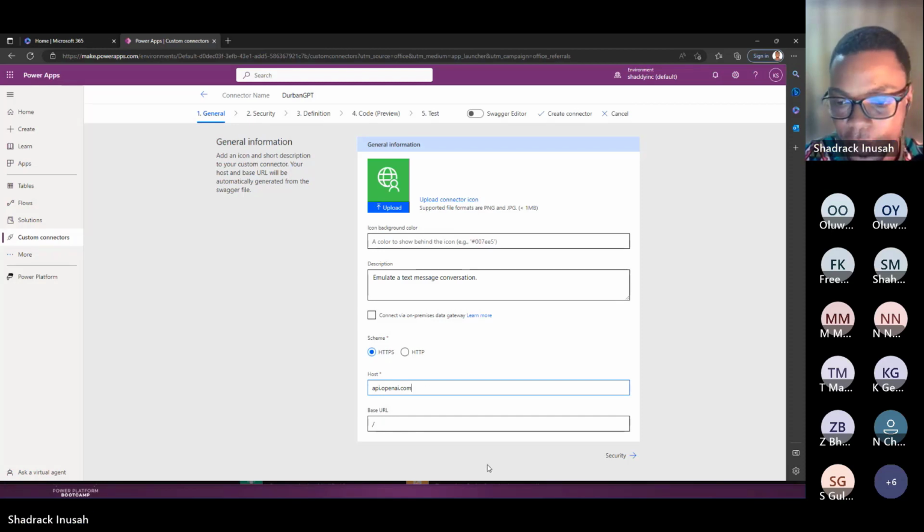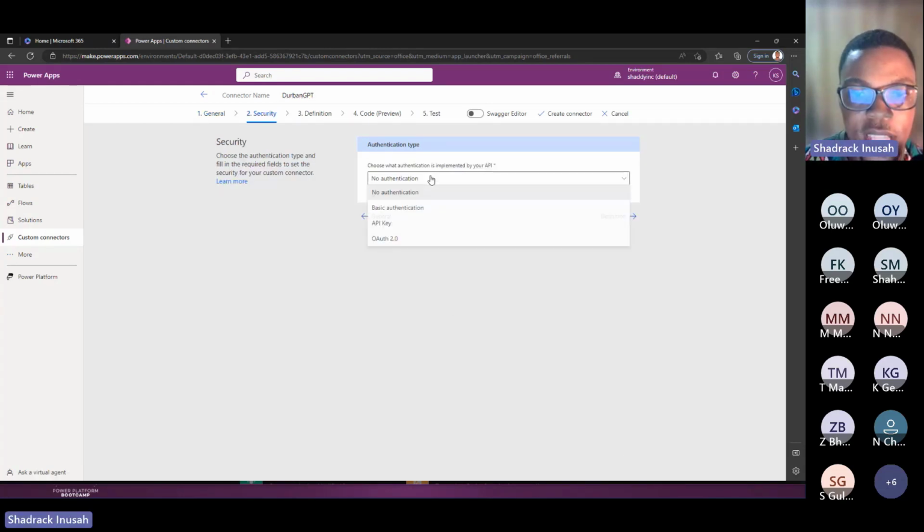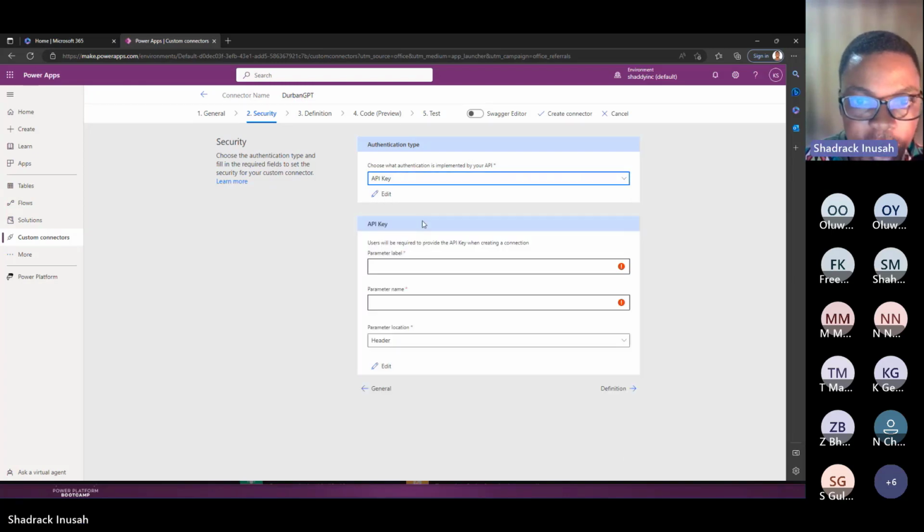Great. Now, when done with this, the next thing is to move to security. Under authentication, you have API key. Here, you type API key.